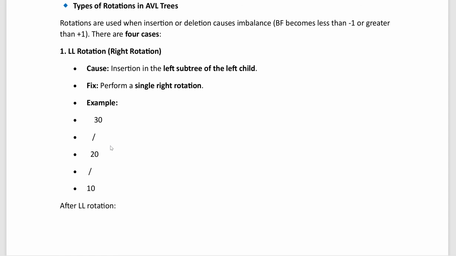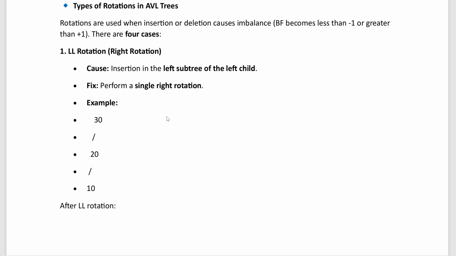So as you can see here, the root node is 30 and we want to add another node 20. Because 20 is less than 30, 20 will be added to the left of 30. Again we are going to add the next element 10. Since value 10 is less than 20, 10 will be added to the left of the node with value 20. But here the imbalance occurs because the balance factor becomes